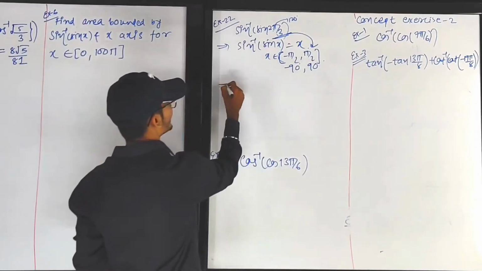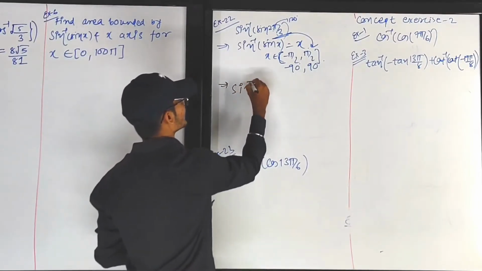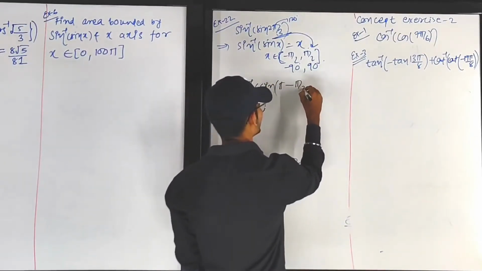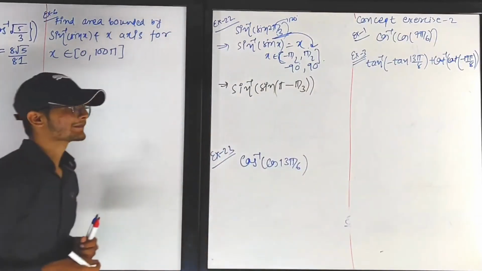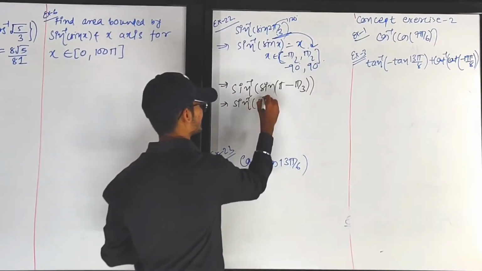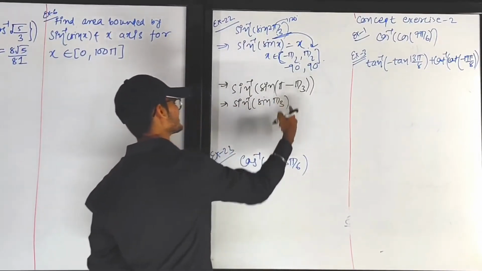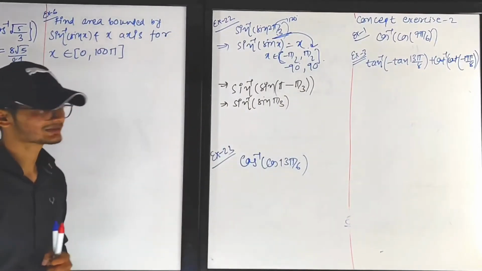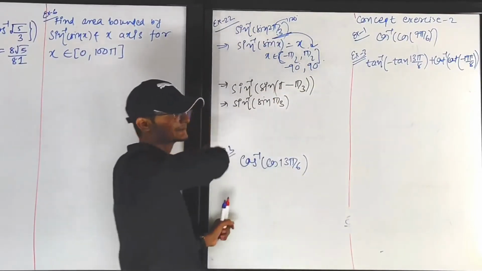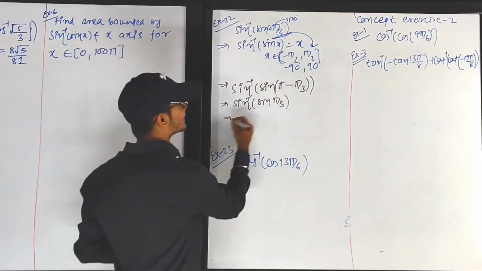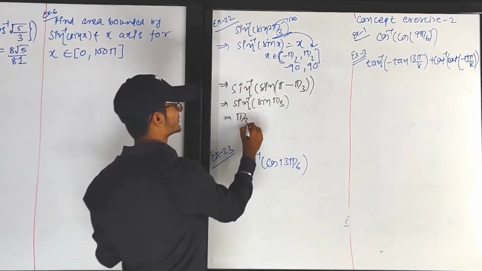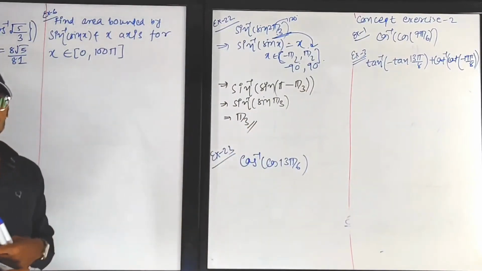So first of all, sine inverse of sine 2 pi by 3 can be written as pi minus pi by 3. Pi minus means second quadrant, and in the second quadrant sine is positive. So that can be written as sine of pi by 3. And pi means x-axis, so the function does not change. So sine inverse of sine pi by 3. Now pi by 3 lies between -90 to 90, so we can cancel out directly. So the answer is pi by 3.